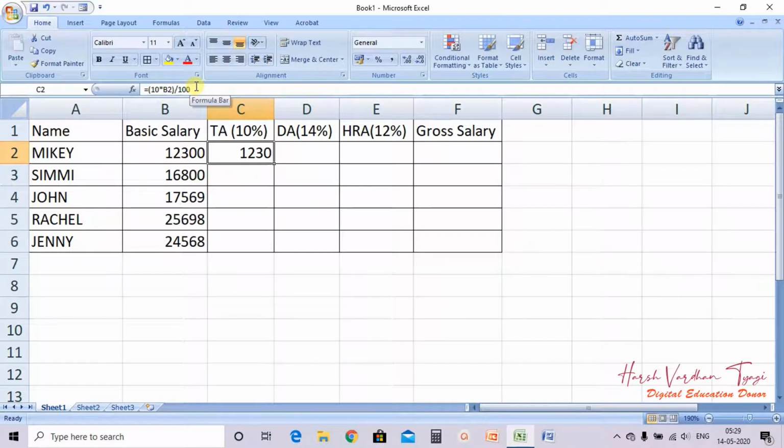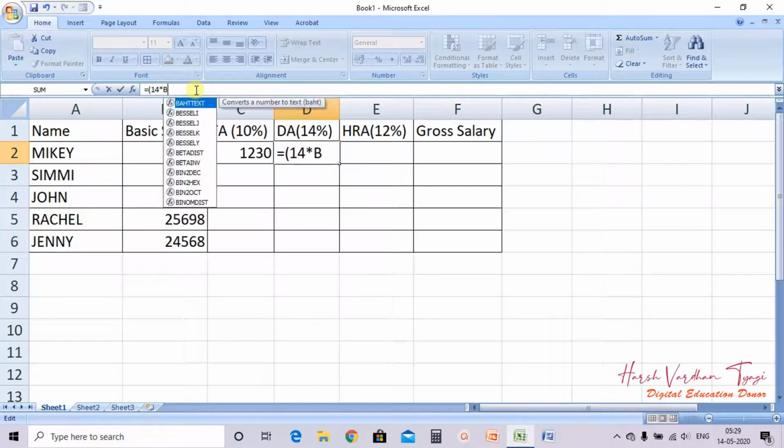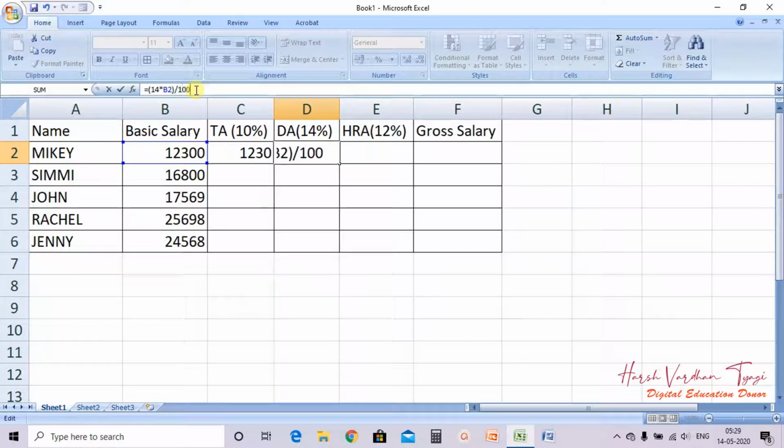This is the basic salary. Then DA, it is 14%, so equals bracket 14 multiply by B2 bracket close, divide by 100. So 1722.